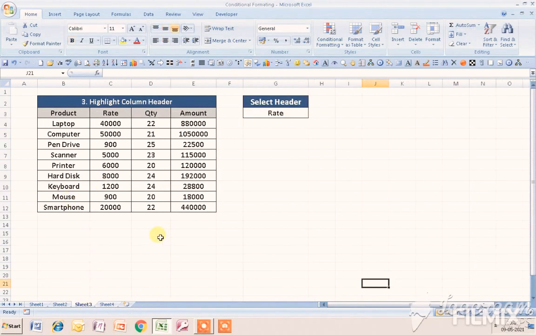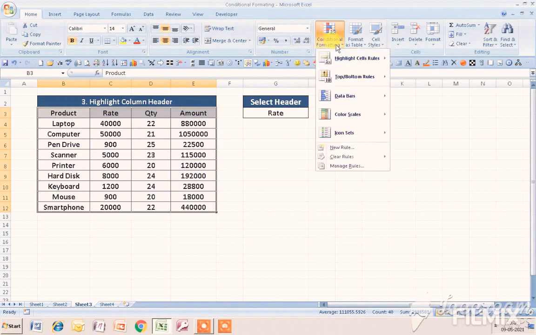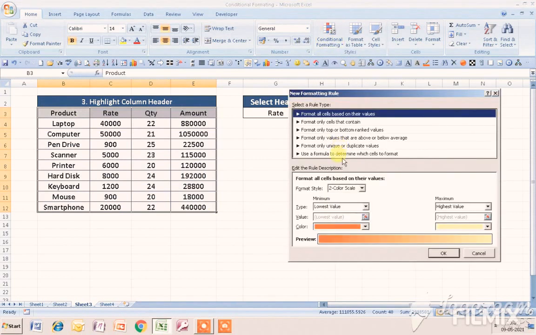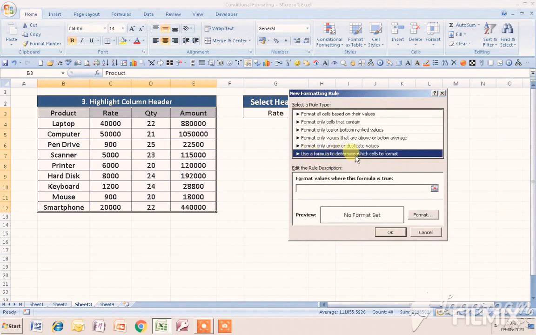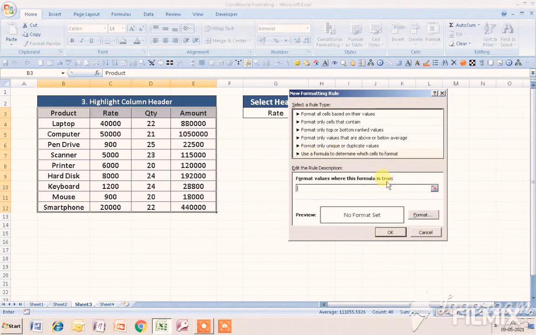Now I will show you how you can highlight the column header. To highlight the column header, I will select the data from here, and I will go to conditional formatting, new rule, and use a formula to determine which cell to format, and I will give equal to, I will give this cell, this is the first header, and now I will remove the $ sign before B, and then I will give equal to,